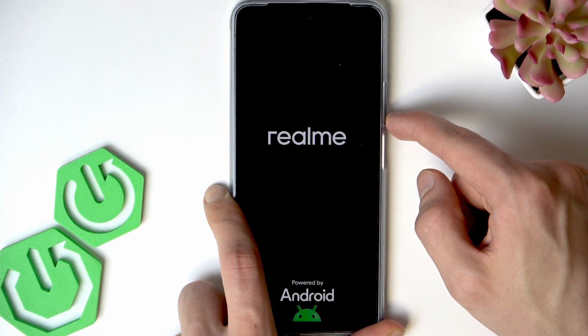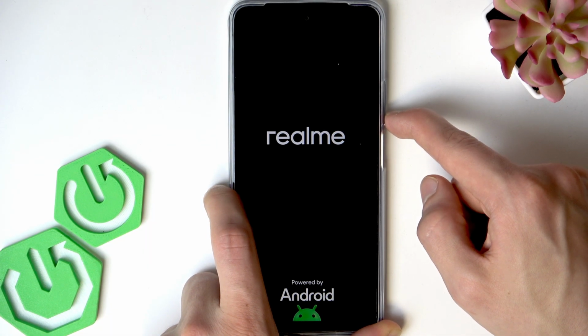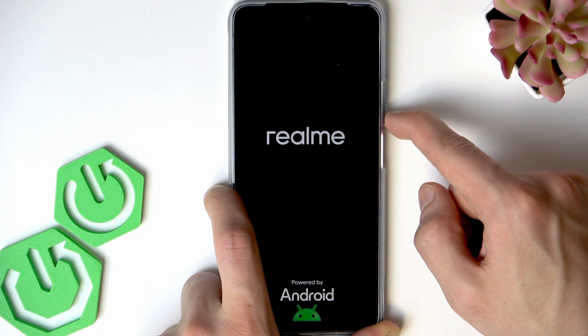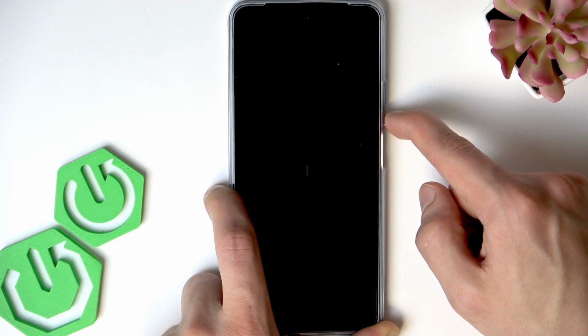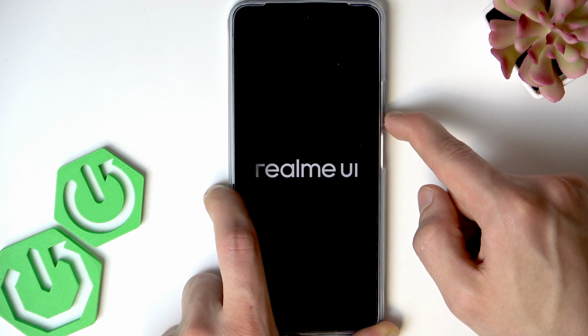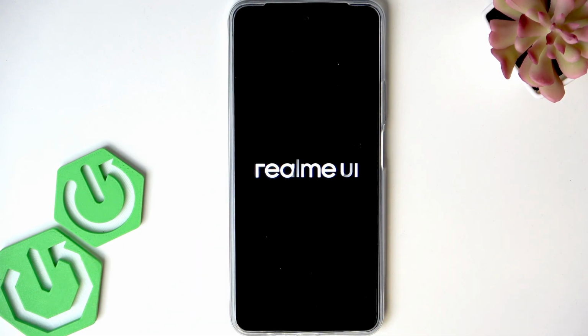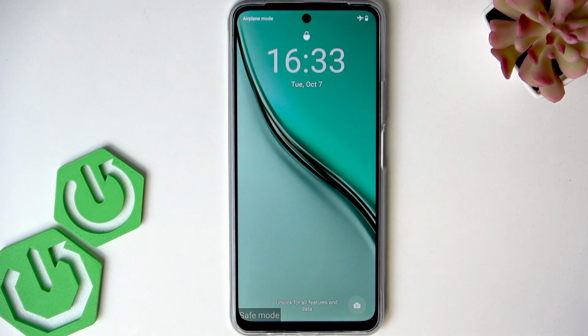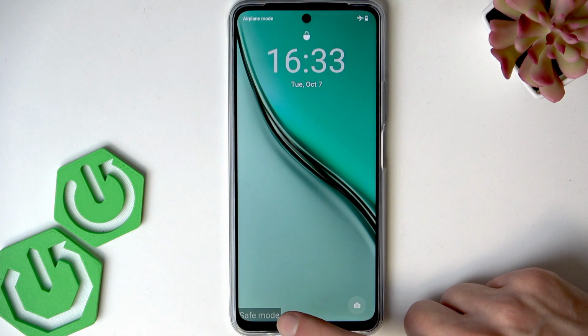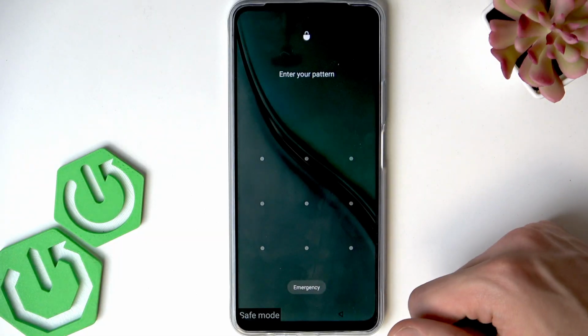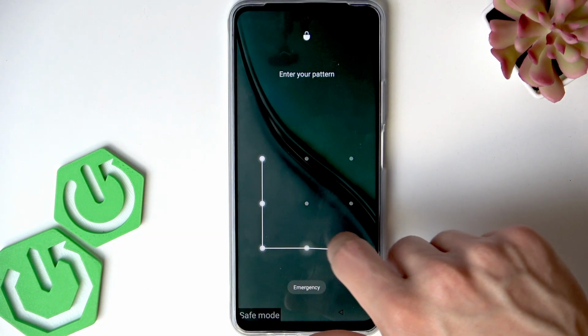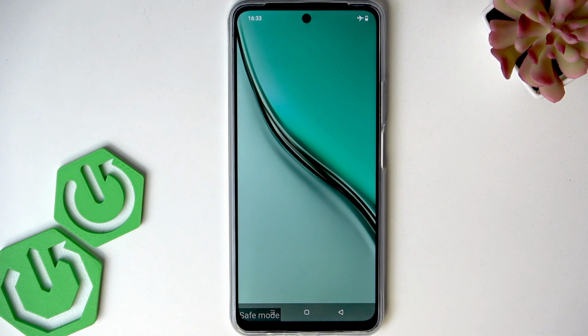So at this point, start holding down the volume down button, and then wait until your phone vibrates. Once your phone vibrates, you can remove your finger from the volume down key, and just wait until it boots up into safe mode. Okay, so let's remove the finger, and then once your device enters the safe mode, you will see this indicator in the bottom left corner of your screen. Now try to unlock your device once again by entering the lock screen pattern, and just in case you succeed,